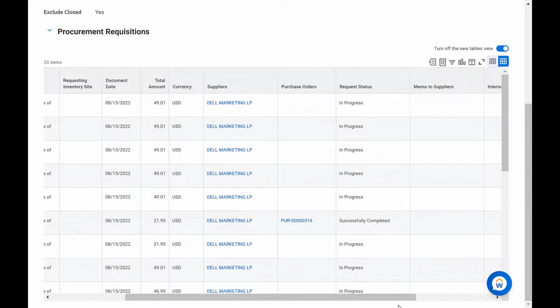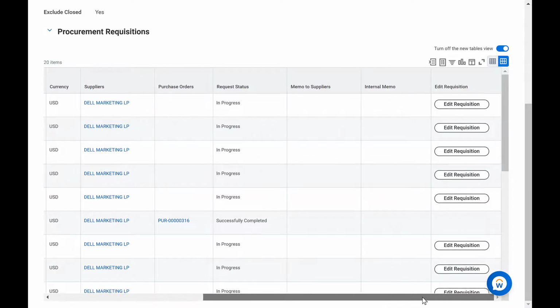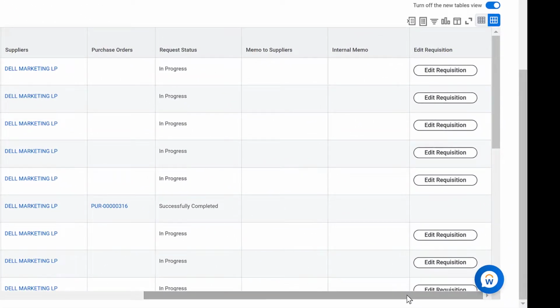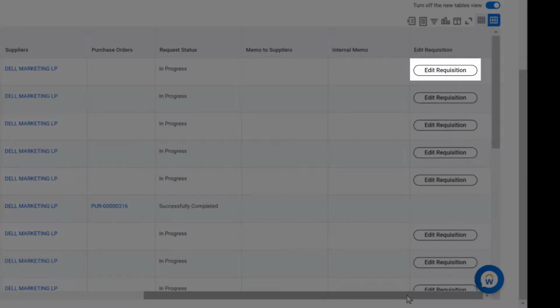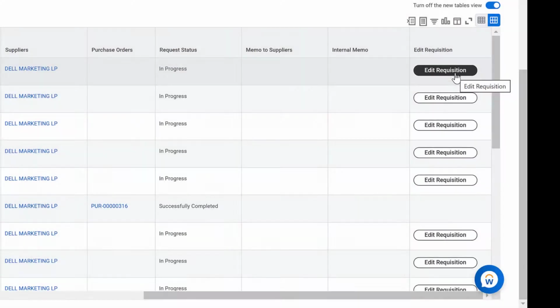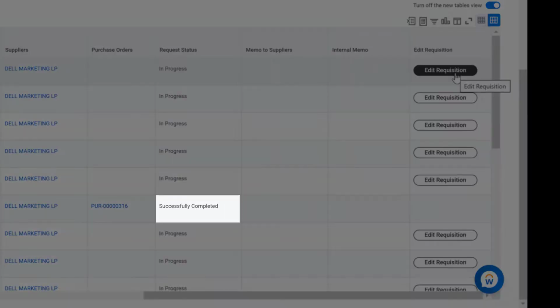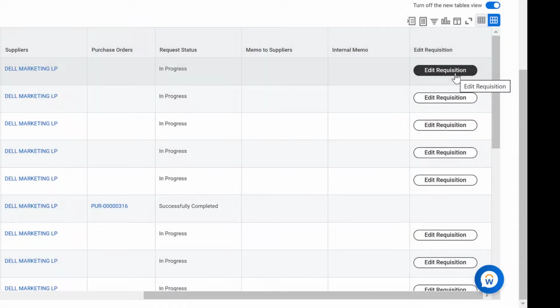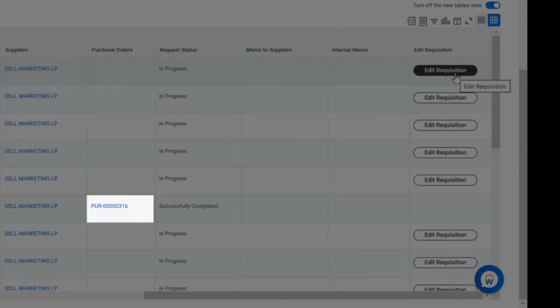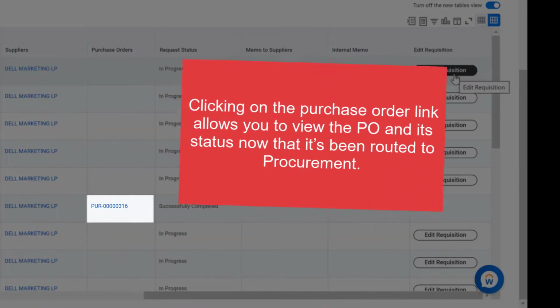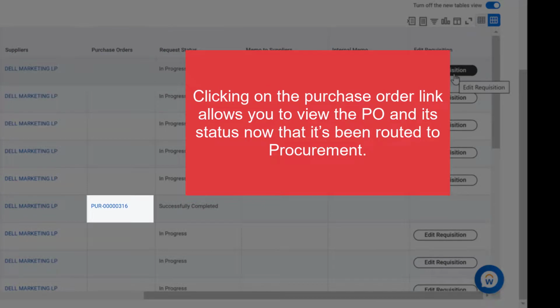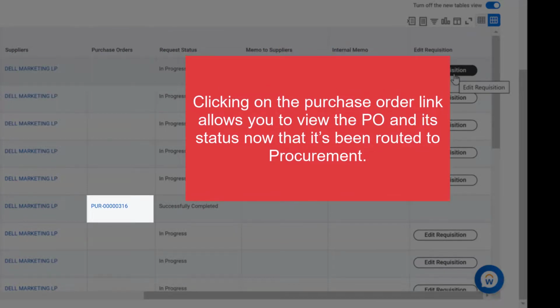For example, because Erica's requisition is still in progress and has not been approved, you can see that we still have the option of editing the requisition. If the requisition is fully approved, she'll see a status of successfully completed, along with a link to the associated purchase order. Clicking on the purchase order link allows you to view the PO and its status now that it's